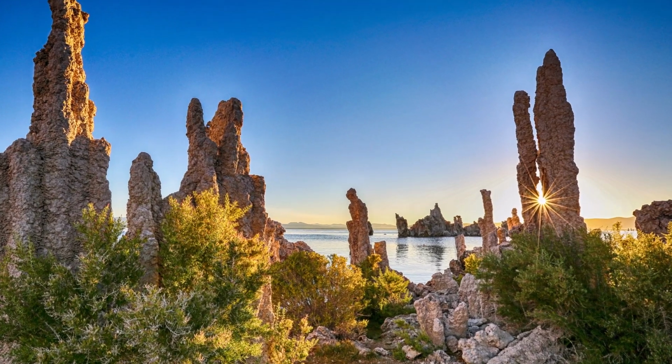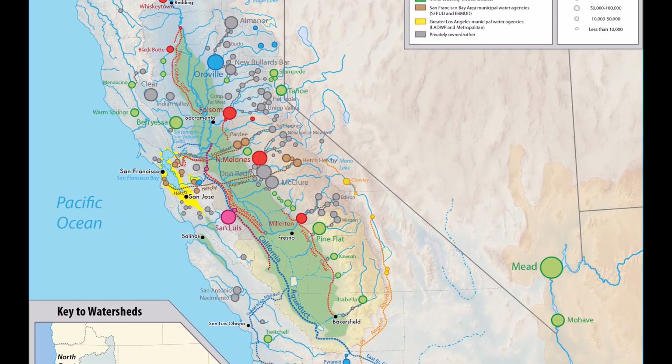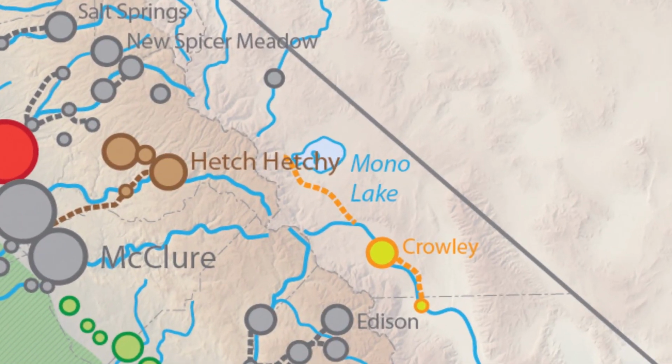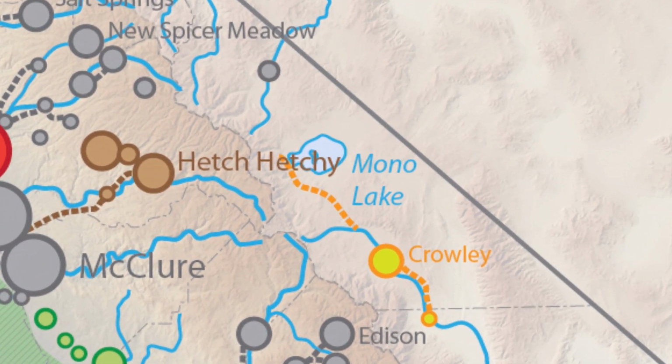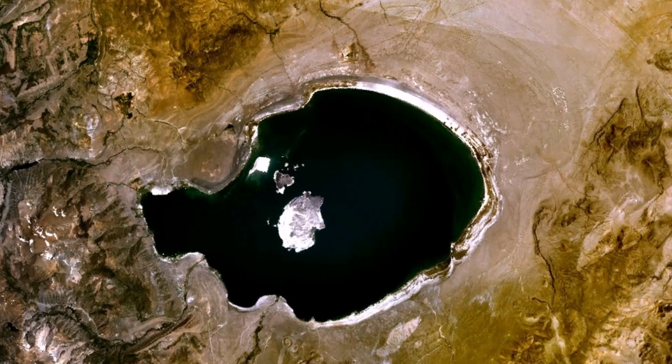Mono Lake is one of the oldest and most unique lakes in North America. It is located on the east side of Yosemite National Park. It covers an area of 104 square miles. This 1 million-year-old volcanic lake is fed by 5 small streams that originate from the ice and glacial melts east